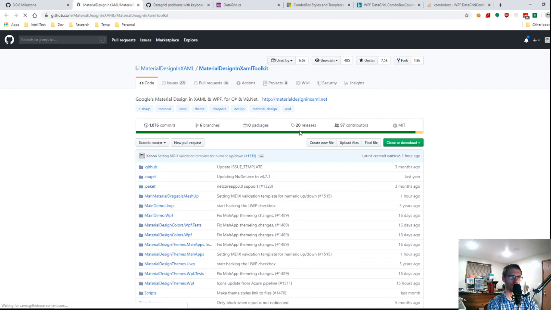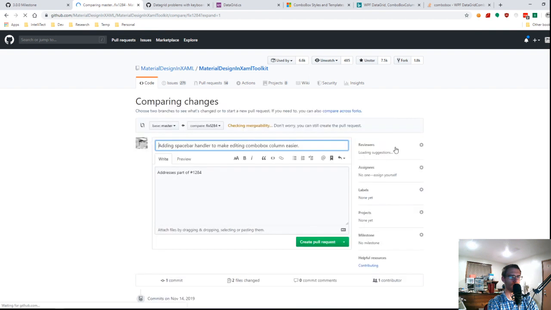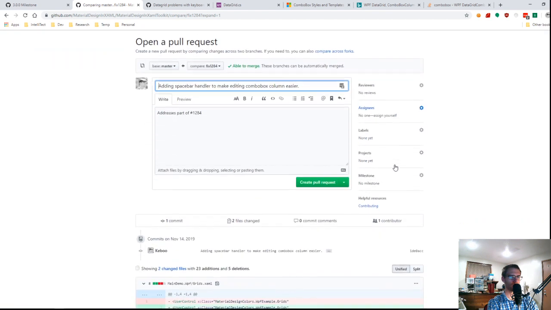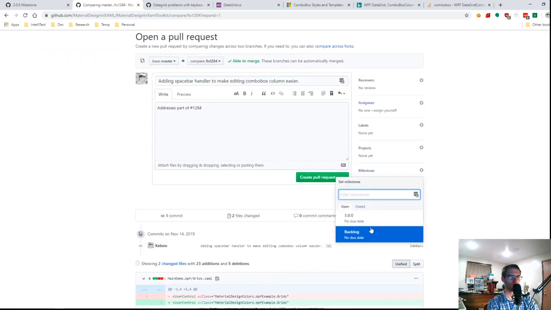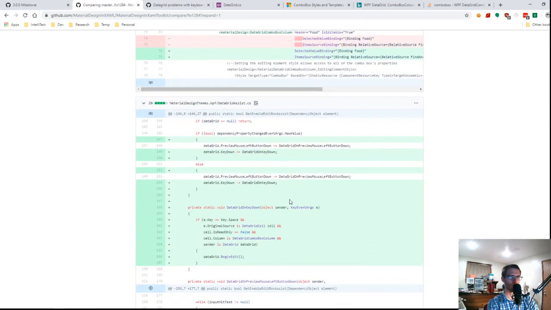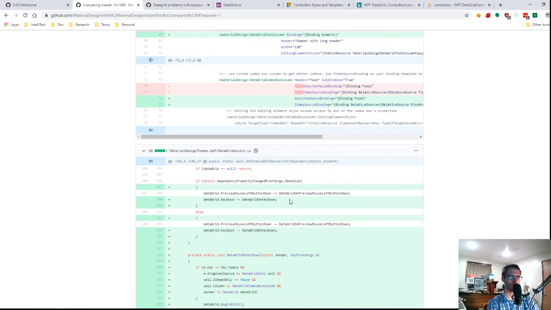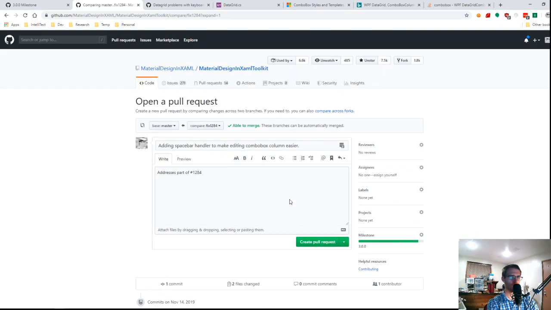Push successfully. Great. Which means I should have a nice yellow bar saying, hey, do you want to create a pull request? Why, yes, I do. Thank you for asking. We're going to throw this guy into the 3.0 milestone. White space, key handler. All that jazz. So create pull request.